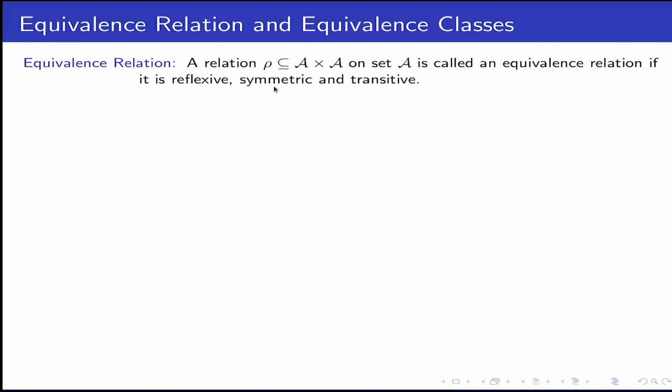See, why did we keep these three to say equivalent? As the name suggests, you declare a relation and take any two elements, they are equivalent. Equivalent means an element is equivalent with itself. Definitely it should be the case by intuitive notion, so reflexivity must hold. An element is equivalent to some other elements if you choose such a collection of equivalent elements, so the other element can also be equivalent to the first element.